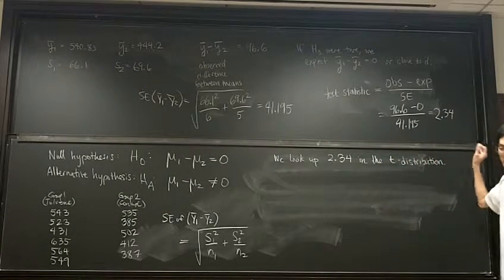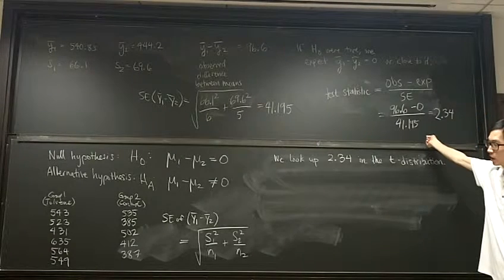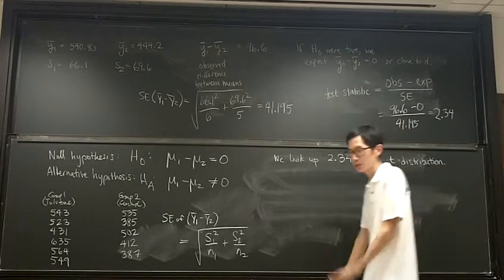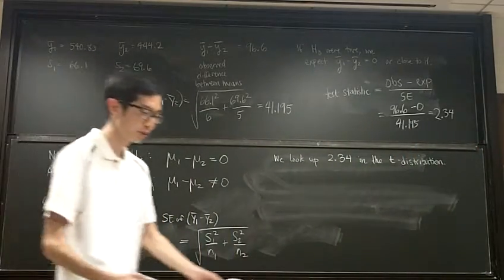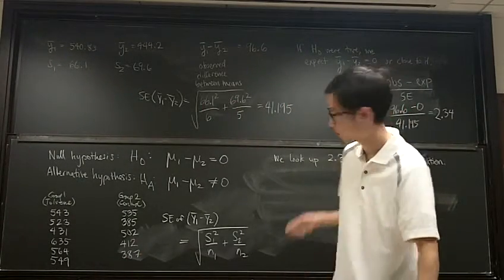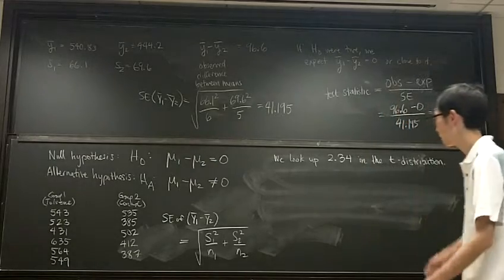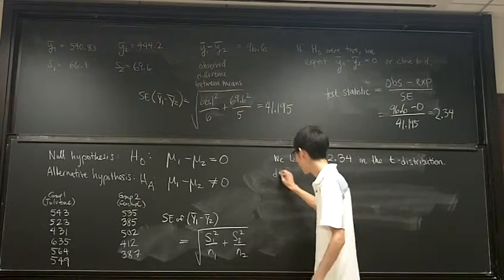And again, it's the t distribution because we are using standard error rather than the known standard deviations, which are unknown to us. So how does this work? We've got to figure out our degrees of freedom. And again, degrees of freedom is